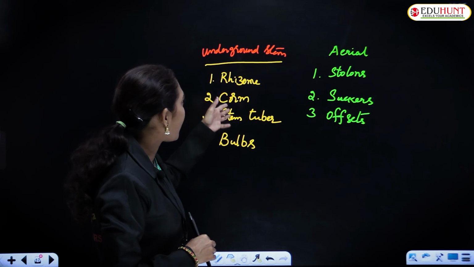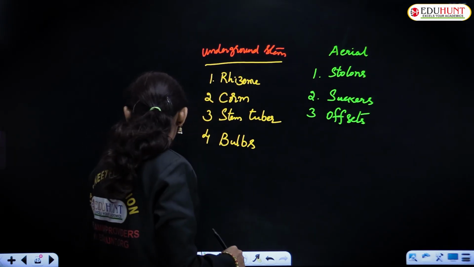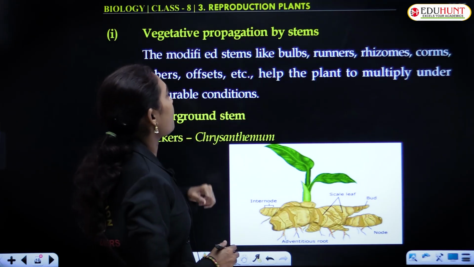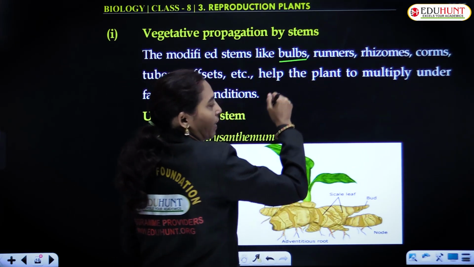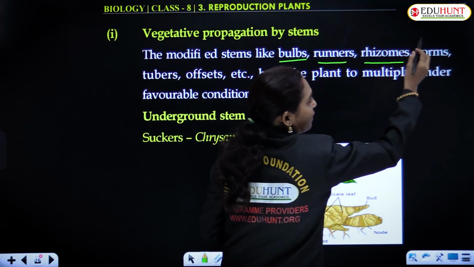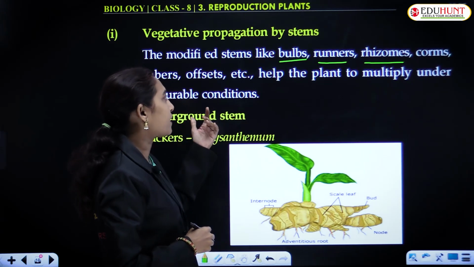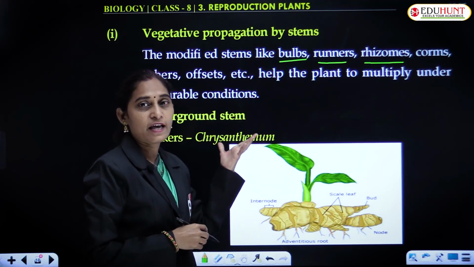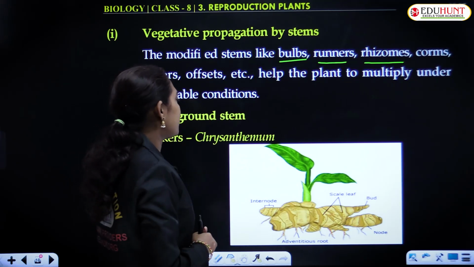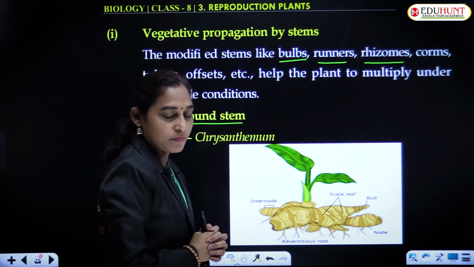In this, the underground part of the stem will give rise to new individuals. That means they help in vegetative propagation. Examples are bulbs, even runners, rhizomes, corms and tubers, offsets, and all these structures help in vegetative propagation. Let's see the first example, that is underground stem. Underground stem is nothing but the stem,